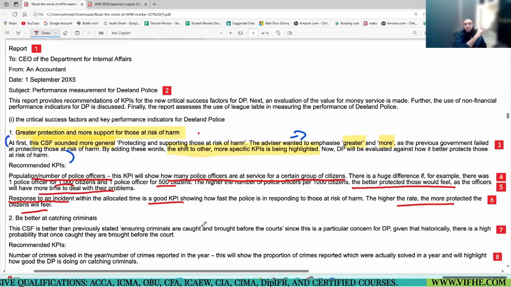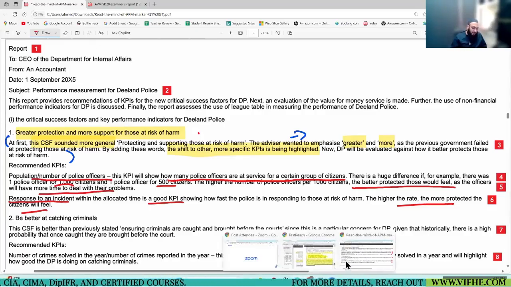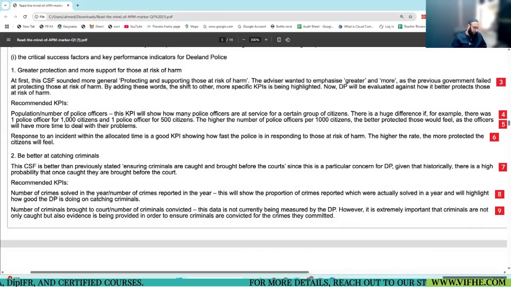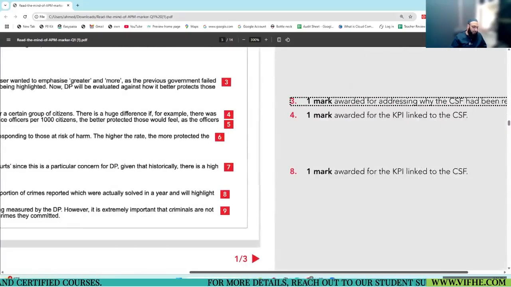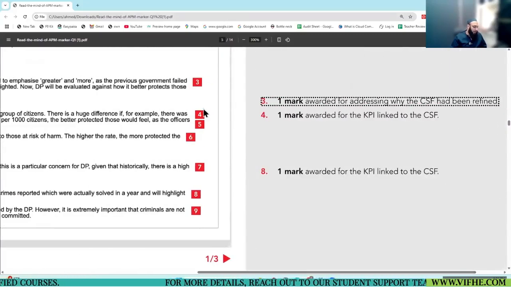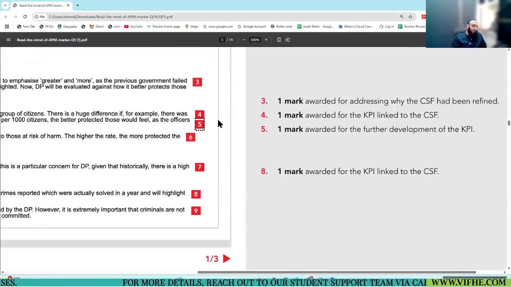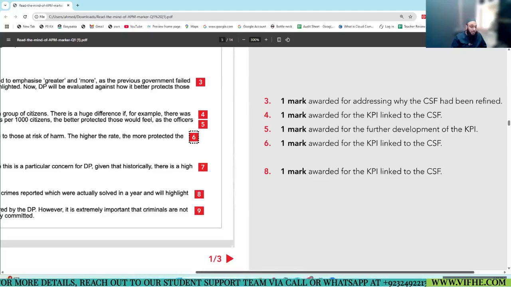Yes, there was the percentage time that you are taking to respond. Are you with me? Okay. Will the examiner be giving marks for such a thing? Let's have a look. 0.4, 1 mark. 0.5, 1 mark. 0.6, 1 mark.